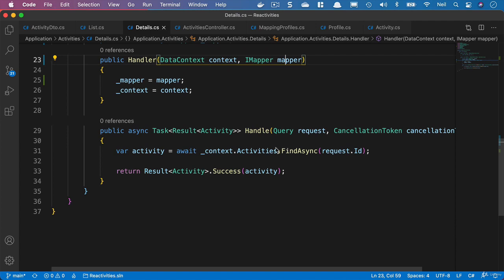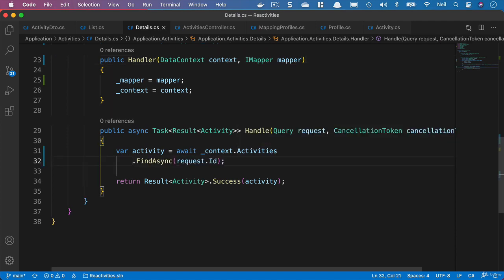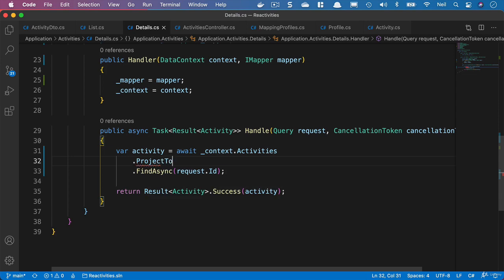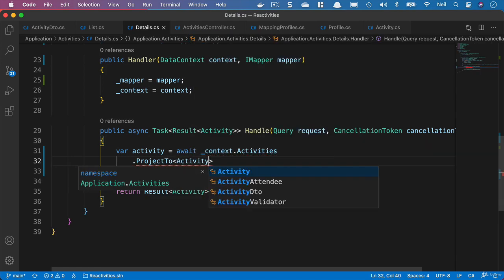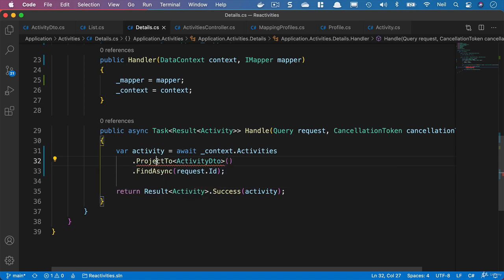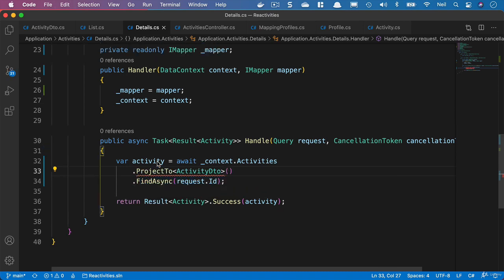And what we'll do is bring down FindAsync, and we'll make use of the ProjectTo, and we're going to say ActivityDto, and we'll need to bring in AutoMapper.QueryableExtensions and pass in